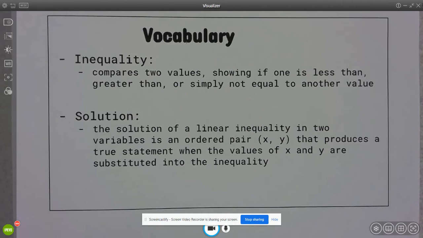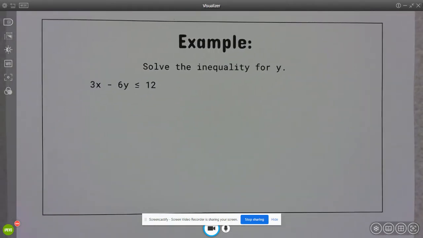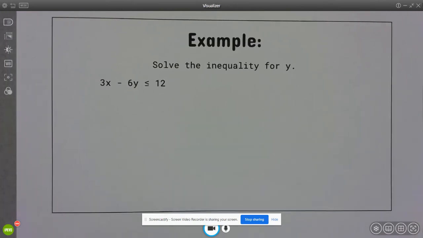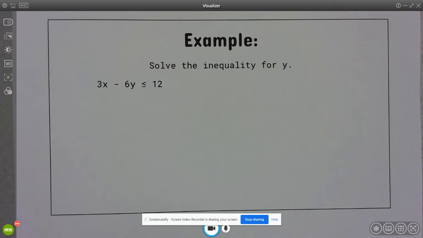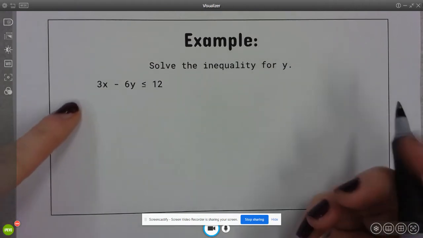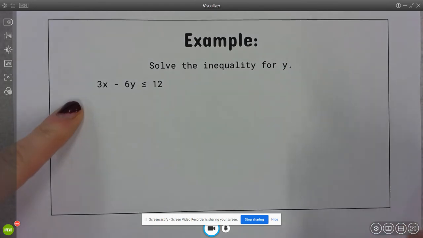So our solutions, we can look at them as ordered pairs. So we could have a variety of different ordered pairs that make our inequality statement true. So what we're going to start doing today is solving inequalities for y, and then looking at a variety of different inequalities with coordinate points to see if those coordinate points are a solution. So the first thing we're going to practice is solving for y, because eventually we are going to have to